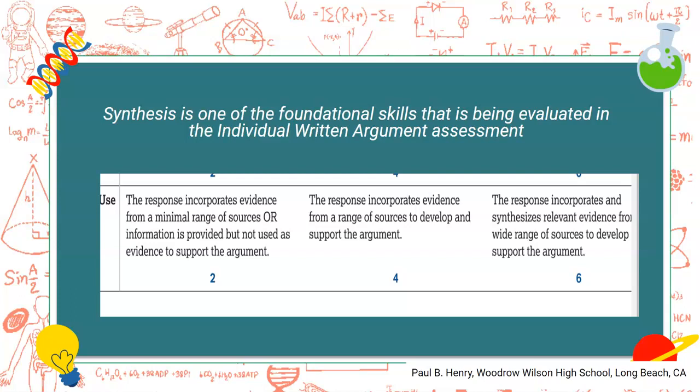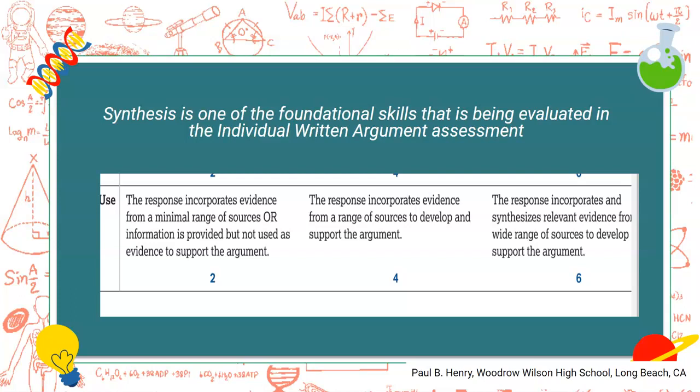This is where we see kids continuing the skills that they demonstrated in the individual research report, where they went and found information, and they might have a significant number of very credible and very relevant sources, but all they do is report the information out. They tell me what the author of the source has said, but they don't then use it in incorporating it